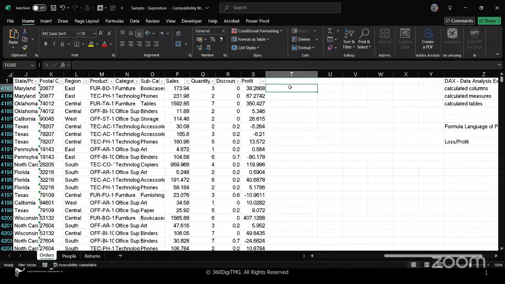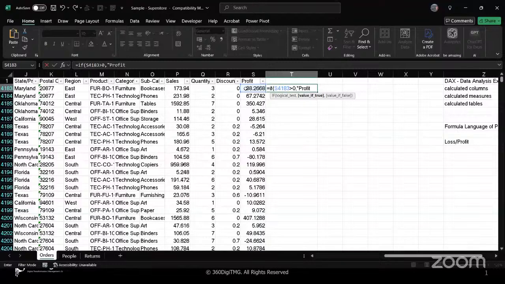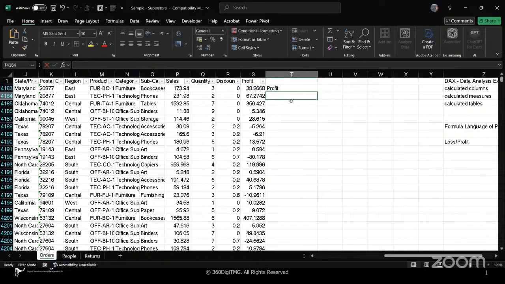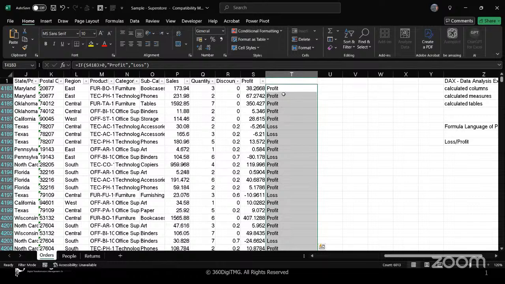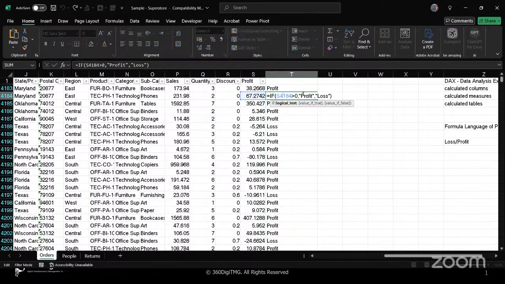We can achieve it by writing a simple if statement in Excel. My logical test is to check the value present here. If it is greater than 0, then I will say it is a profit. Otherwise, I will say that it is a loss. Simple expression. And when I copy the formula down, you will notice that for every record,